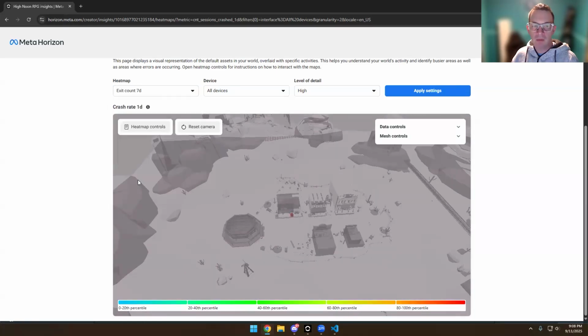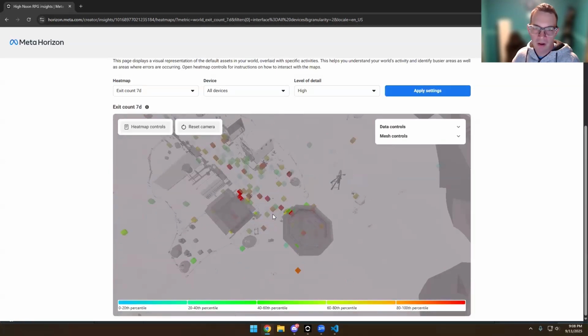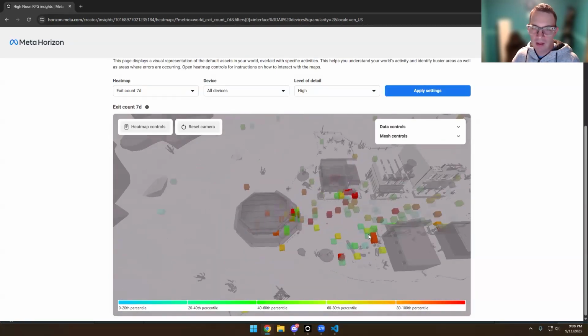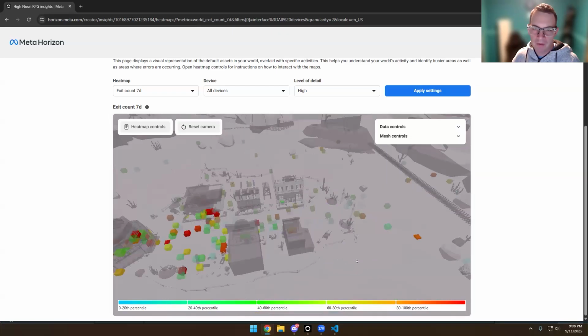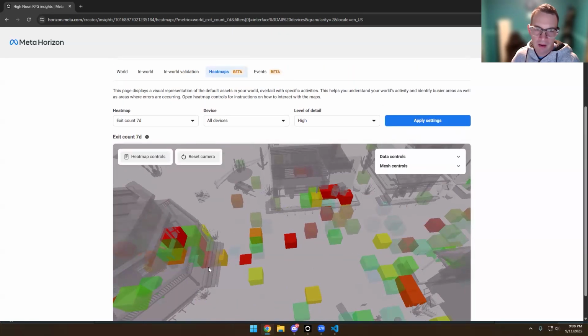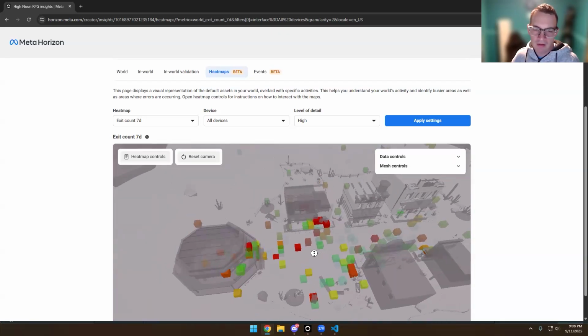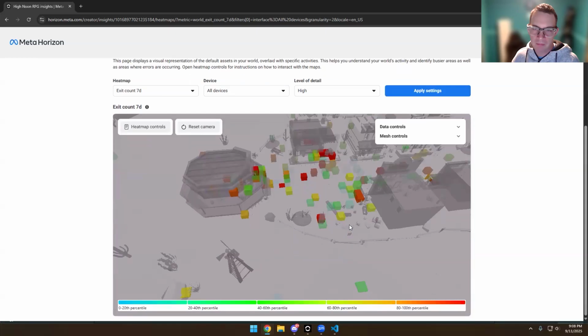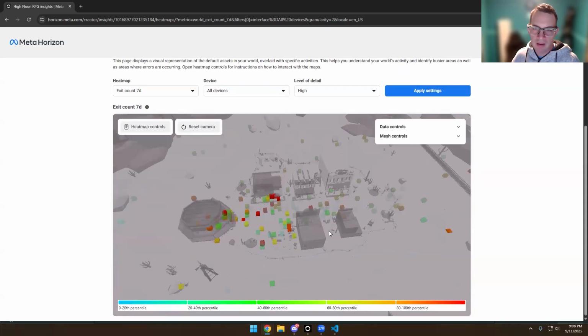But where are people in my world on any given week when they exit? Where are they exiting from? The red spots are telling me most players are standing in this area when they decide to exit. A lot of players are standing in this area when they decide to exit. That might help me understand what's causing them to exit. If they're in a certain area and everyone's heavily exiting in that area, I might want to investigate what's the